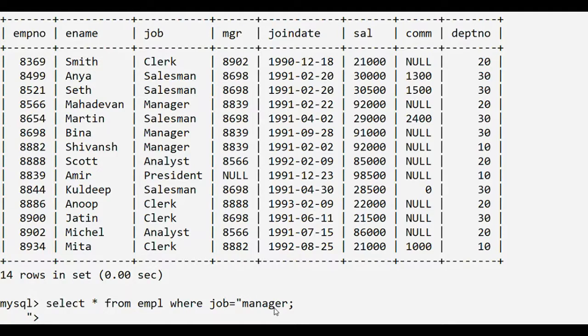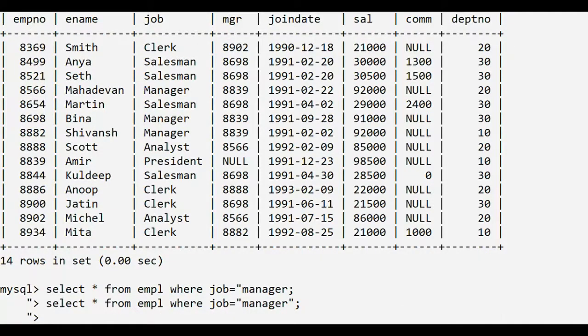There is a typing mistake in this command. The quotation mark was not closed after manager. Even if you try to rectify the mistake by typing the correct command at the current cursor position, the command will not work. You can see still we do not get the output. We now have to get back to the MySQL prompt.